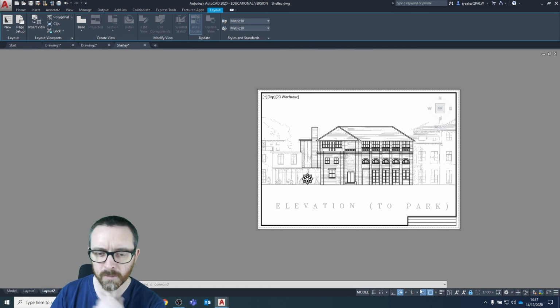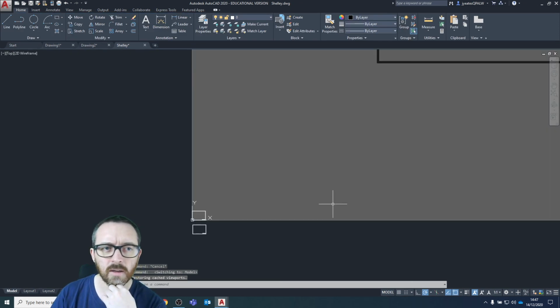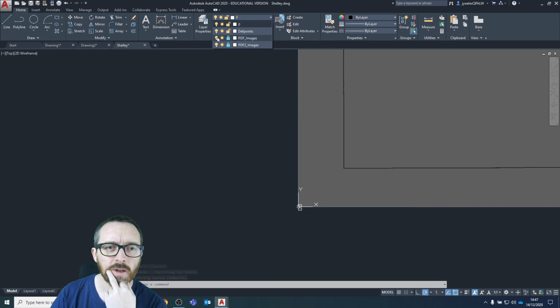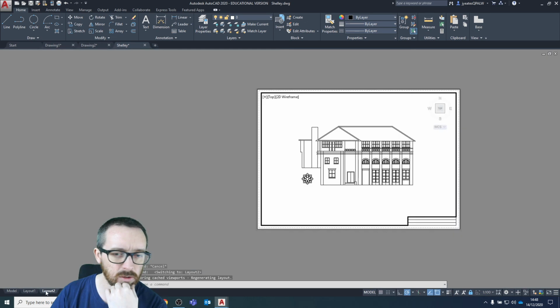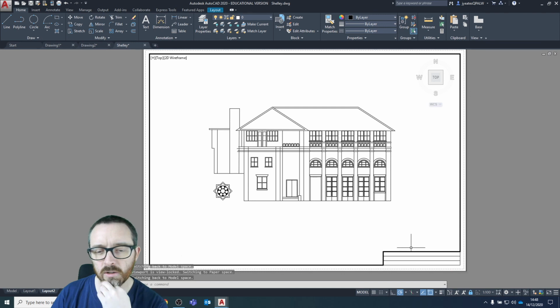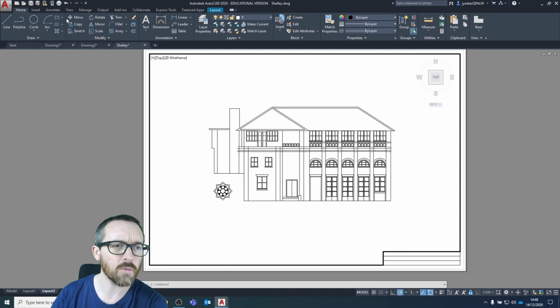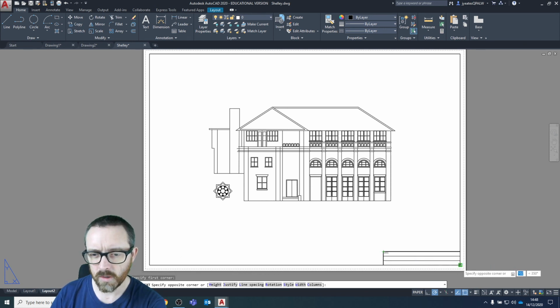Okay, so now that I've done that, I might go back into my model space, and I think I'm going to turn off these PDF layers. Go back into layout 2. That's a bit cleaner. That's looking nice. Alright, so what we can do now is put in some text information down here. So I'm going to go to this text tool just here. I'm going to make sure I'm back in the paper space, and I'm going to draw a text box just here,